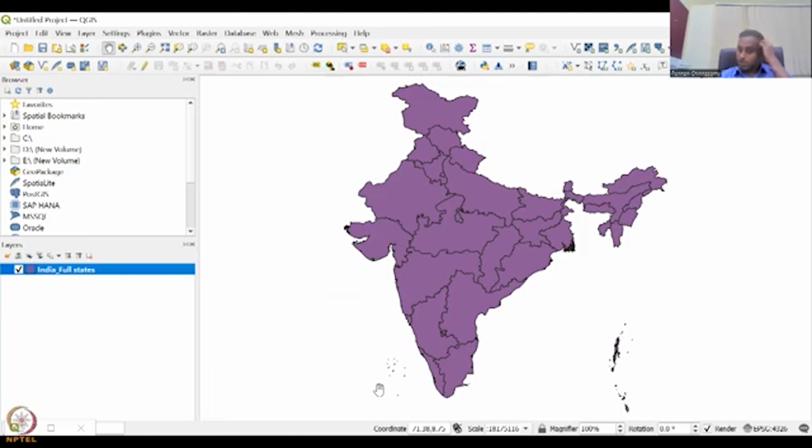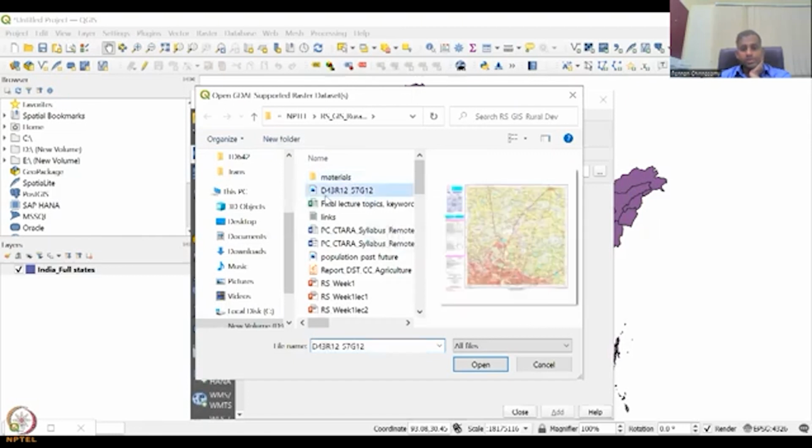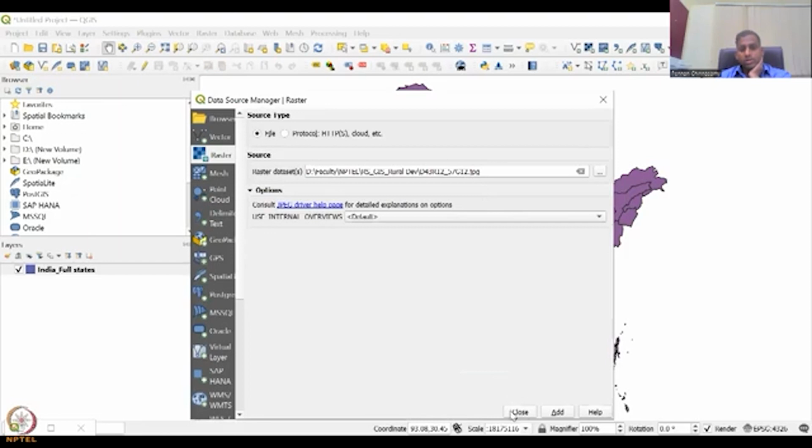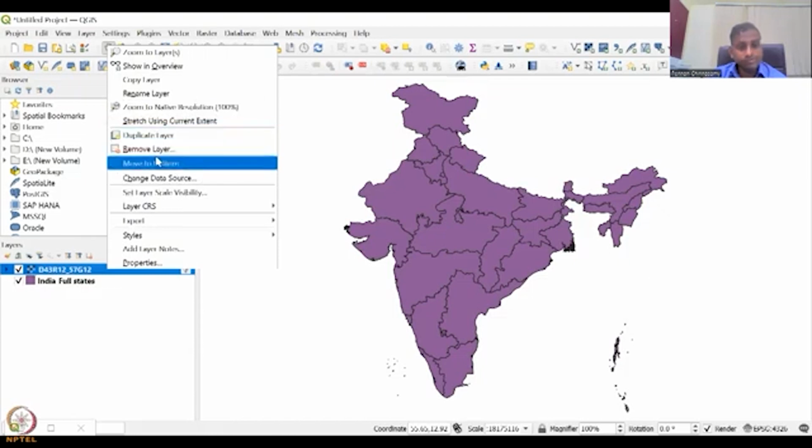Now what we will do is we're going to input the data that we downloaded from Survey of India. I'm going to open the raster database. This is the tile that I have done. So it says open raster data space and then add. So once we add it, we don't know, it doesn't link on here. So what have I downloaded? I have downloaded